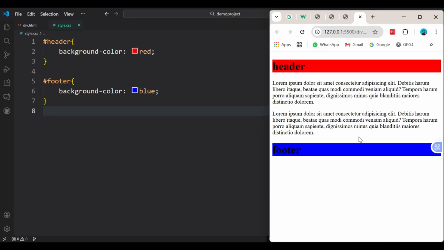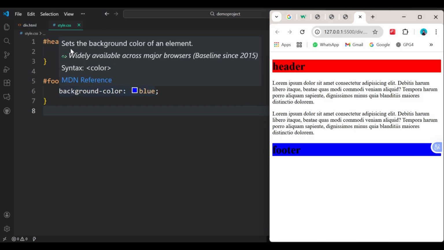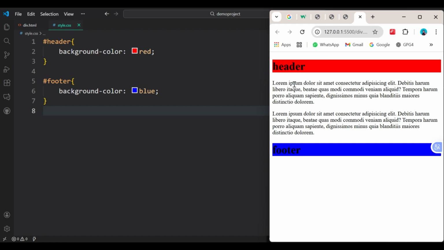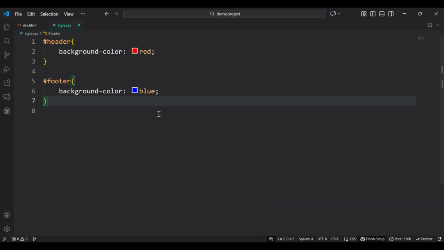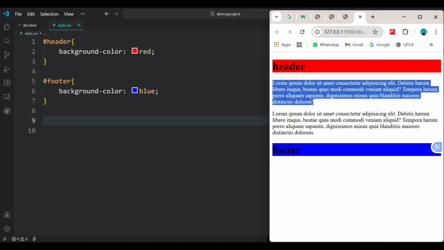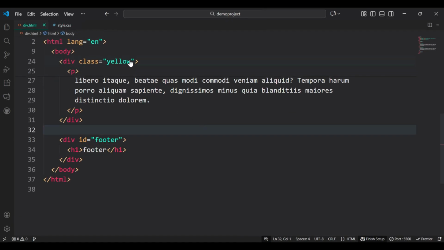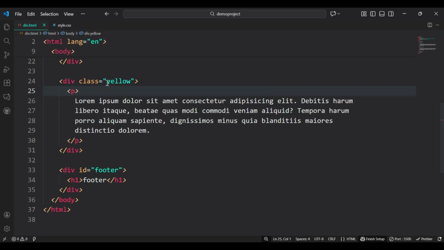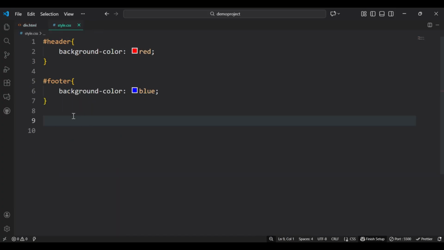And now you can see header and footer are unique, and both have different IDs. The header has header ID and the footer has footer ID. Now come towards these two sections. Both should be the same, and we have assigned the yellow class. Just copy the class, move to the CSS, and class starts with dot, and paste the class and